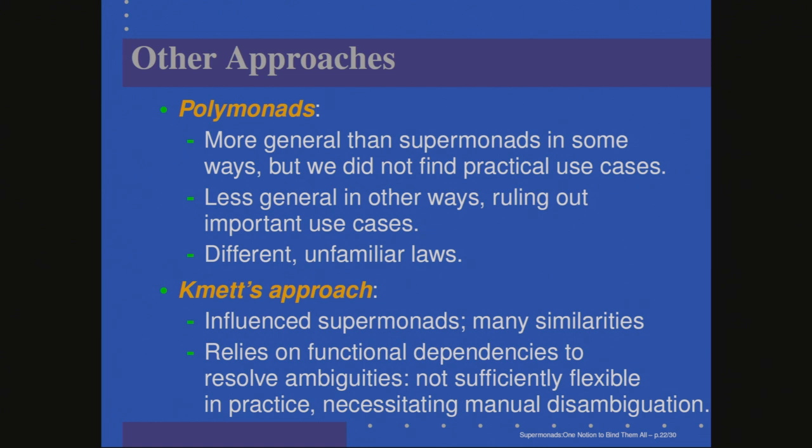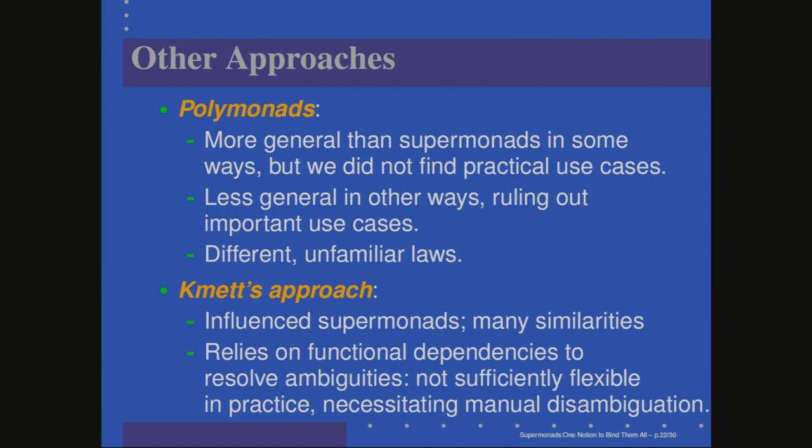We looked very hard at all kinds of code using extended notions of monads, and we couldn't find any example where the additional generality of polymonads was actually used. So polymonads, when they were used, seemed to be used for things like indexed monads and graded monads and that kind of stuff. Okay. But they are more general in that sense. However, in some other ways, they are more restrictive. In particular, the indices for polymonads have to be phantom indices,